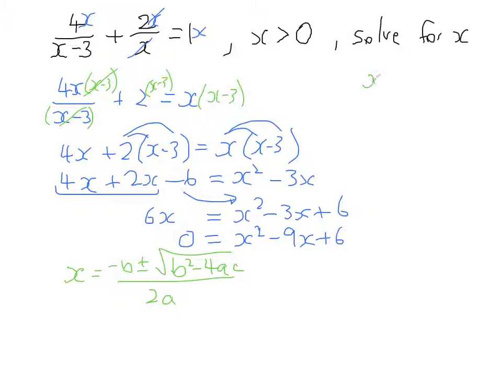So x will equal negative b, so that's negative of negative 9 plus or minus the square root of b squared, which will be 9 squared or 81, take away 4 by 1 by 6 all over 2a. A is equal to 1, so that's just all over 2. So x will equal 9 plus or minus the square root of 81, take away 4 6s are 24,